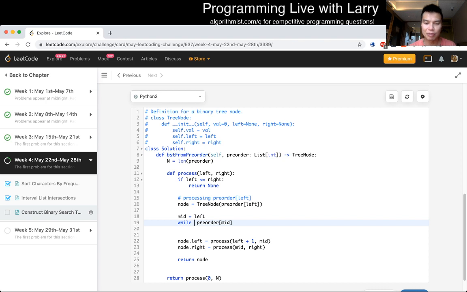So we just have to find the first number that's bigger than this number, and then that will be your mid, because this is inclusive and this is exclusive, right? Okay, so let's find the first number that's bigger than this number,